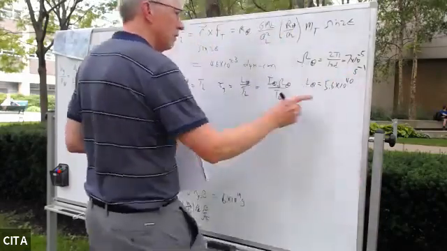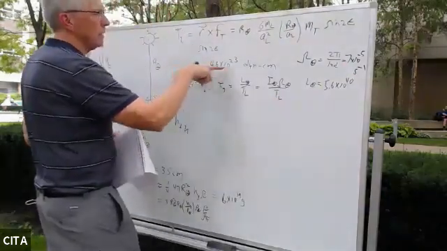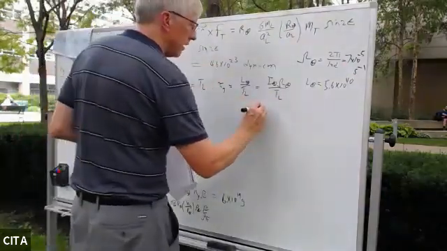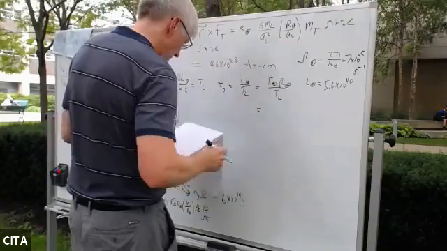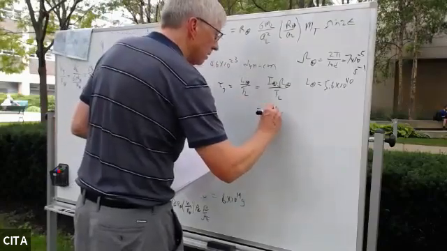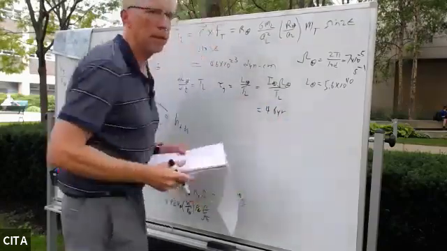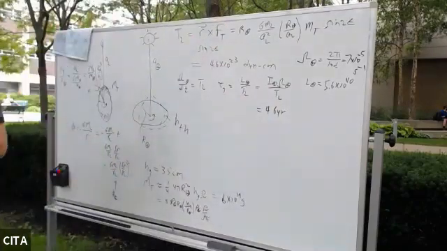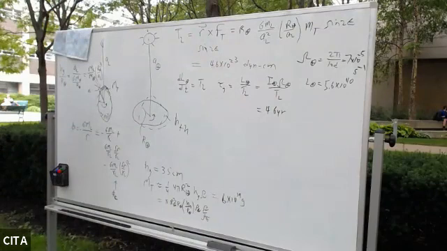Okay. So if you use that and use our expression there for the tidal torque, this comes out to be about 4 gigayears. Okay. So that's the tidal time scale associated with the moon,